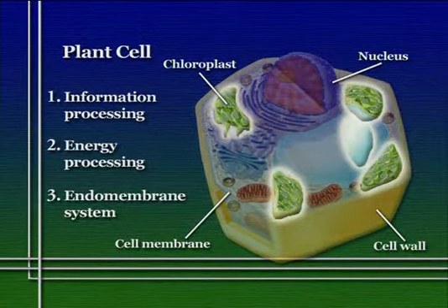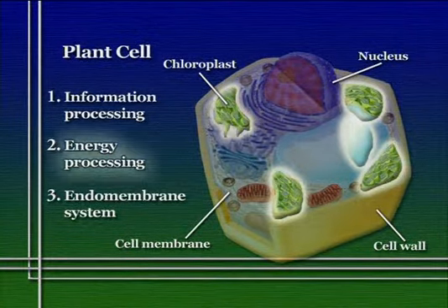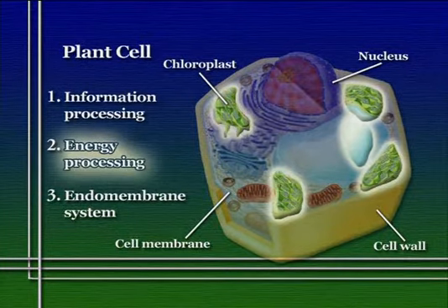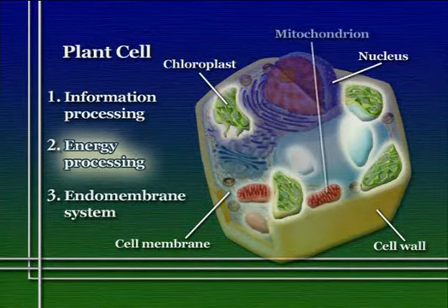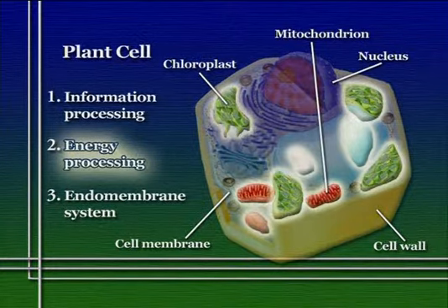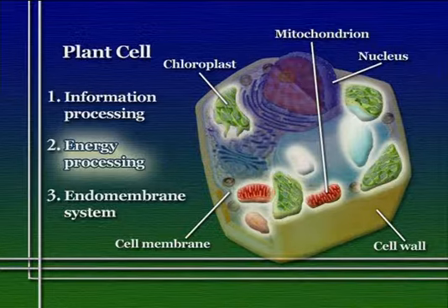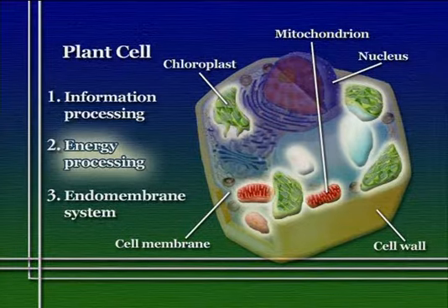Photosynthesis is the way that plant cells take energy from sunlight and use that to manufacture sugars, which they can store for energy, use as food, or use to build other kinds of organic molecules. Both plant and animal cells have mitochondria, as we'll see later. Those are the organelles that break down organic material to make energy, but only plant cells and also the cells of some photosynthetic unicellular organisms have chloroplasts.